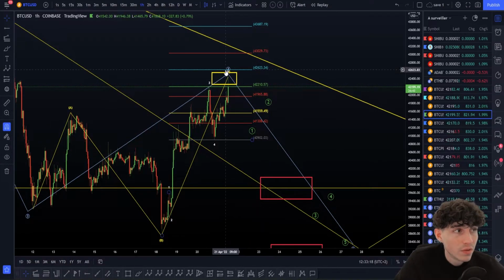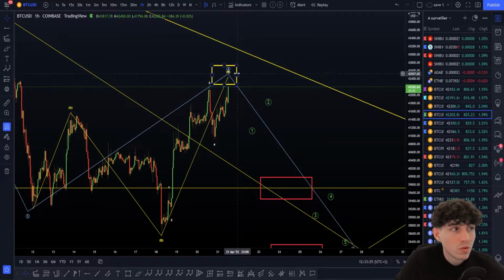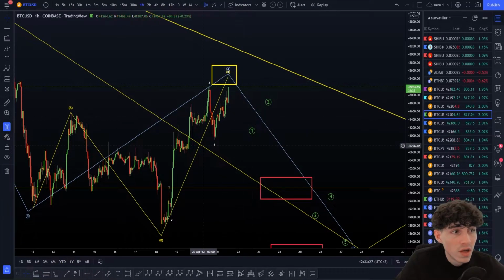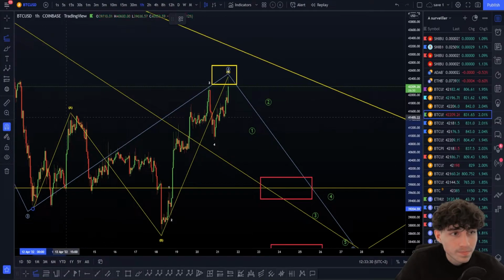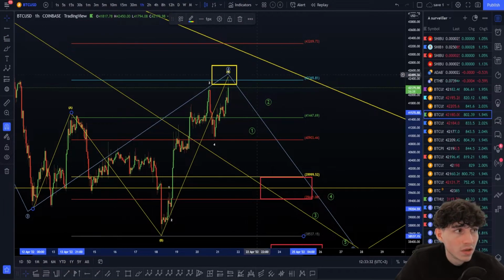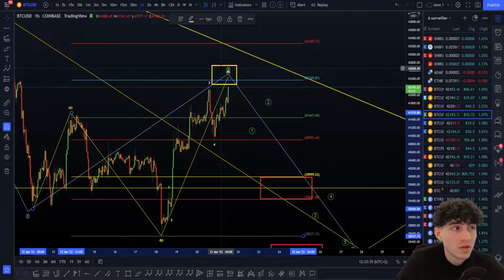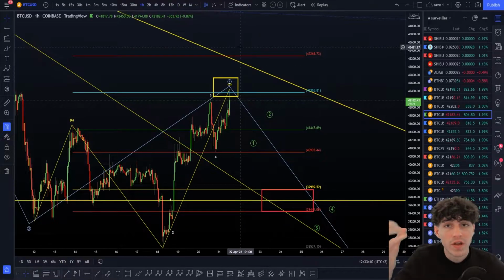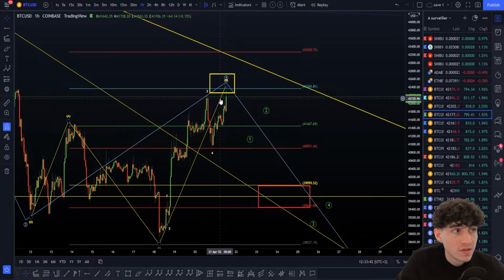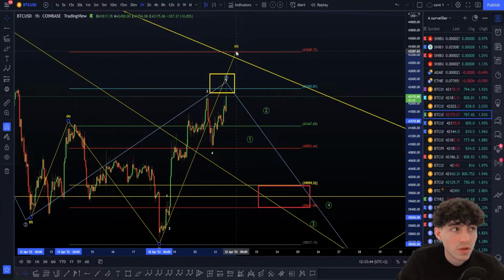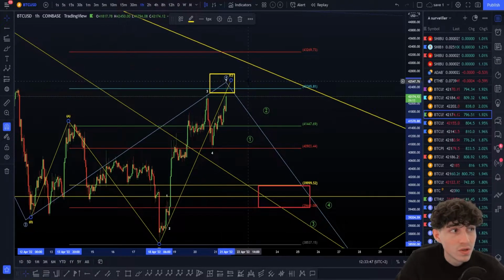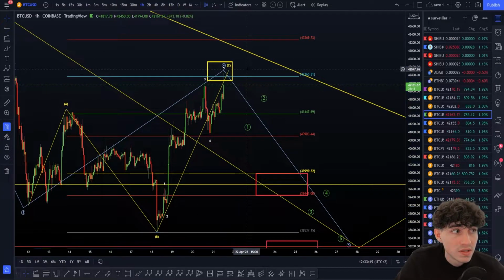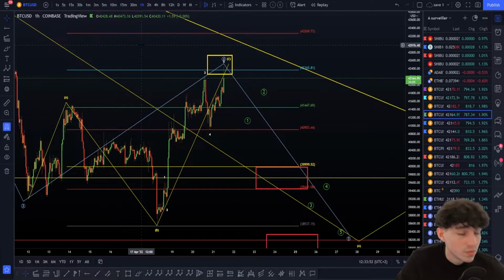That's why if we look for a higher target, we just have to look for this 161 point here. Okay, we just have to look for all of these. This will be the big zone where we have to look for a short. The level has been tapped already for this flat right there. Now be careful, we cannot normally go higher than the 161 point here of the wave 5, because after that it will break this 200% here for the 261 point of the wave 5 maximum target, and in this ABC flat here, we cannot touch this 200%. So it's not possible normally to go higher than this green square here, if we are in this ABC flat. Okay, but yeah, for now this is just pretty cool what we're doing.